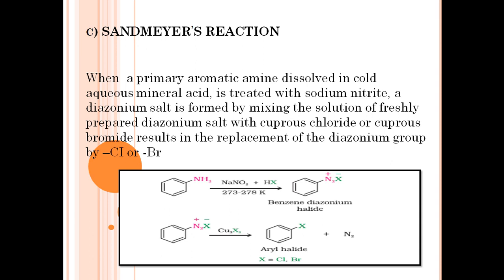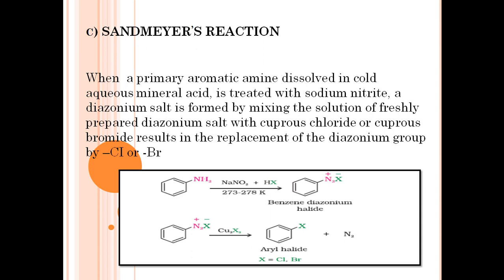Aniline, when reacted with sodium nitrite in presence of HCl, will give benzene diazonium chloride at a temperature of 273 to 278 Kelvin. It requires a very low temperature. At high temperature, this product will decompose, so keep in mind that the temperature must be low for the preparation of diazonium halide. If we write the general equation, aniline when reacted with NaNO2 plus HX at 273 to 278 Kelvin will give the product benzene diazonium halide,